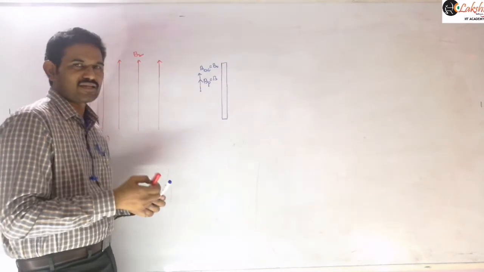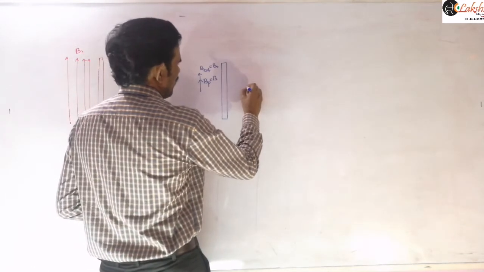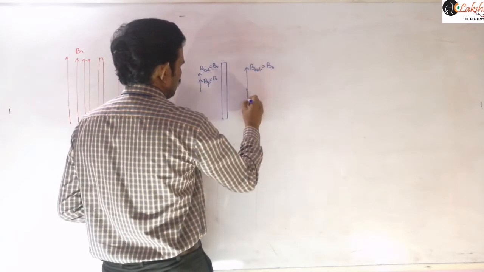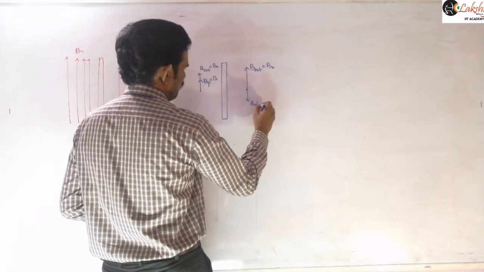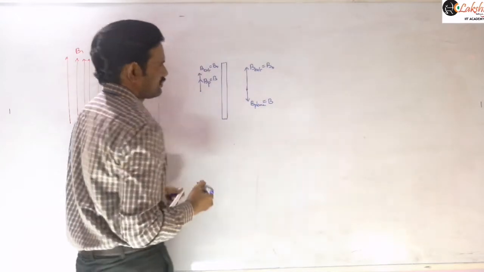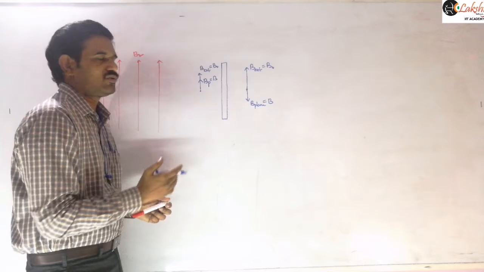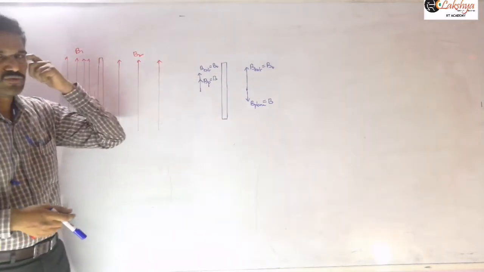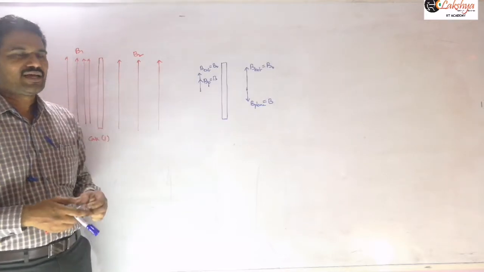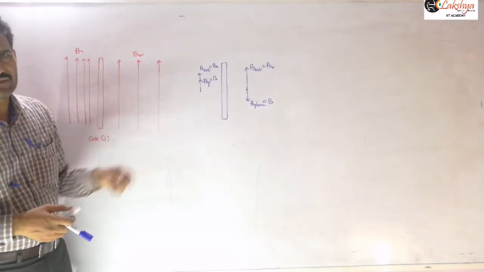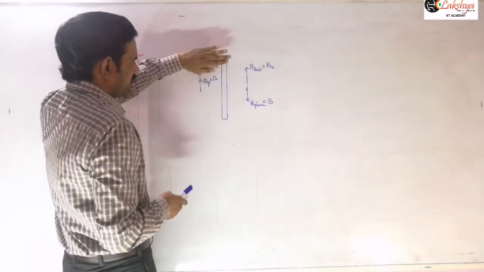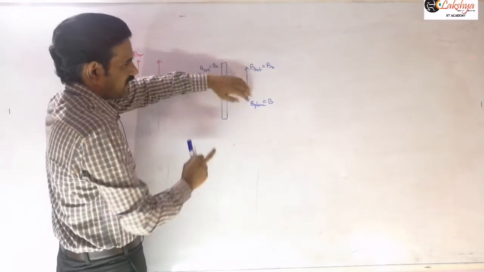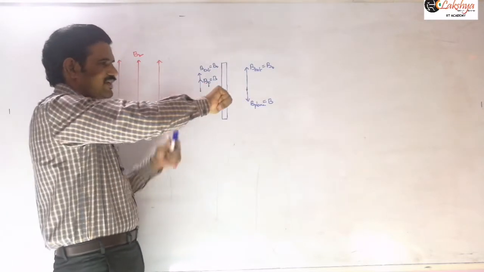And on the other side, the external magnetic field will be along this direction, B naught, and the magnetic field due to this plane will be along this direction. So this we are taking as B. So their resultant will be equal to B2, and from the direction of the magnetic field due to the plane, you can conclude in which direction the current is flowing in this plane. So forget about the external magnetic field now. Observe the magnetic field due to this plane. It will be in upward direction here, and in downward direction here. Then definitely current should flow like this.